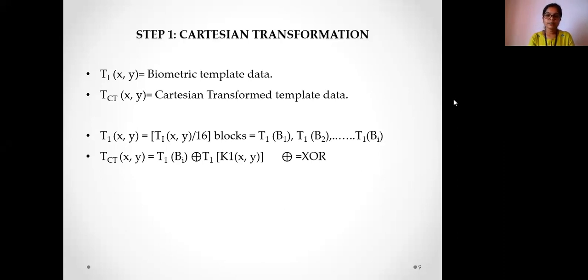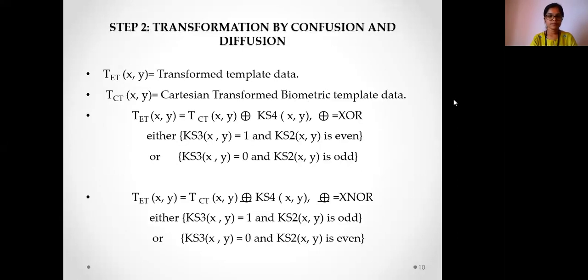Why 16 bits? Because from experiments, it is proven that a 16-bit block is a reasonable compromise. Now each block of template data is XORed with another block decided by key stream 1. Finally, the XORed data is replaced as a block. So we use key stream 1 for this Cartesian transformation.